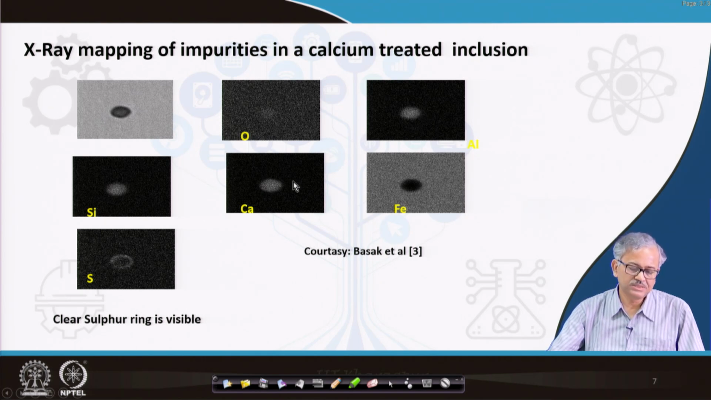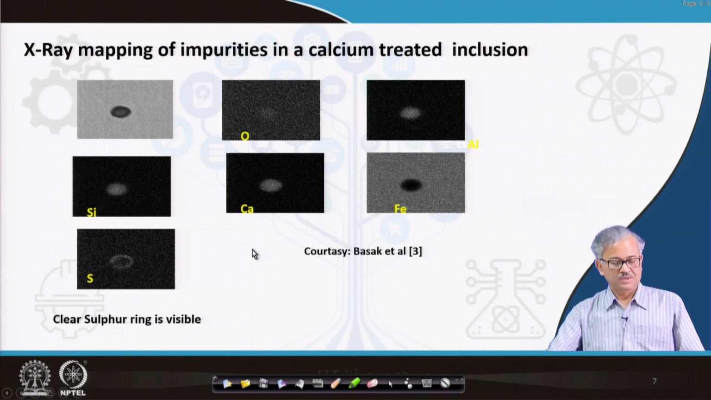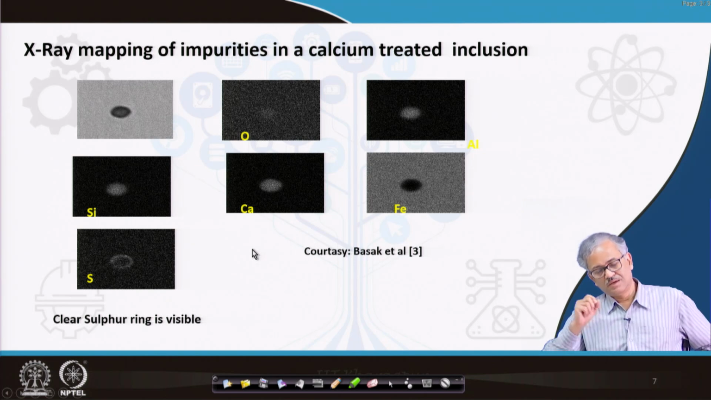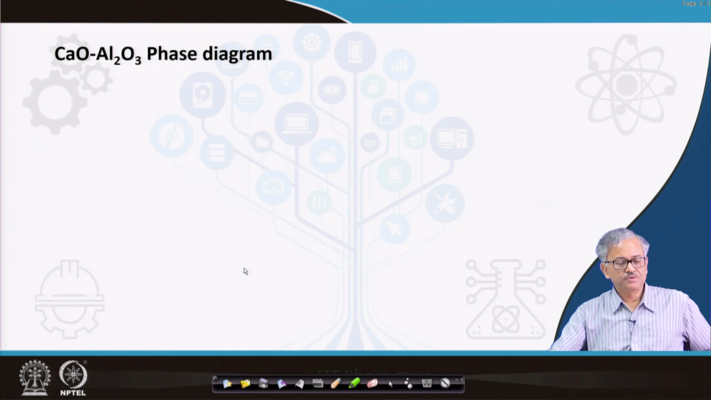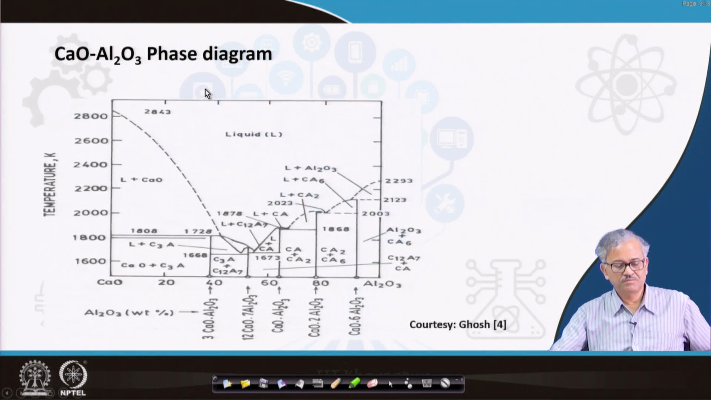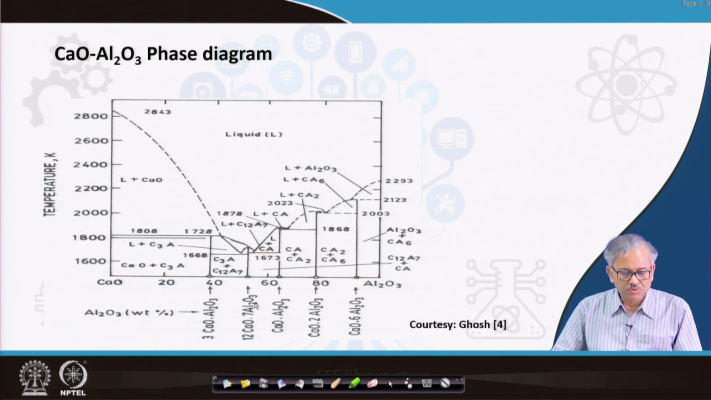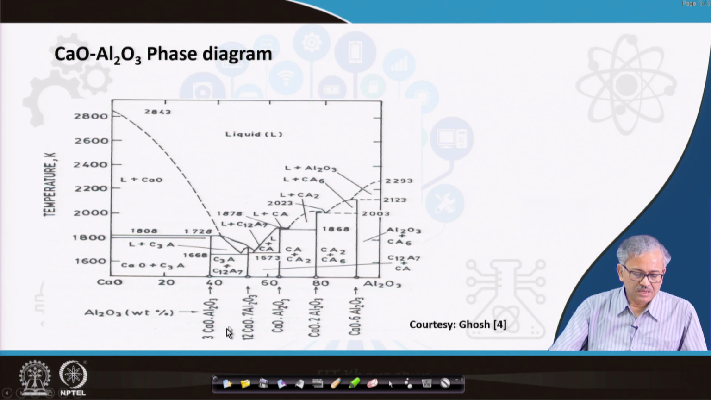So, calcium aluminate is there at the core, and at the periphery you have sulfur. This is from the SEM, the elemental mapping. Now, if you see the binary calcium oxide and alumina phase diagram, you can find that not only CA and C3A but numerous calcium aluminates form, at different temperatures, out of which